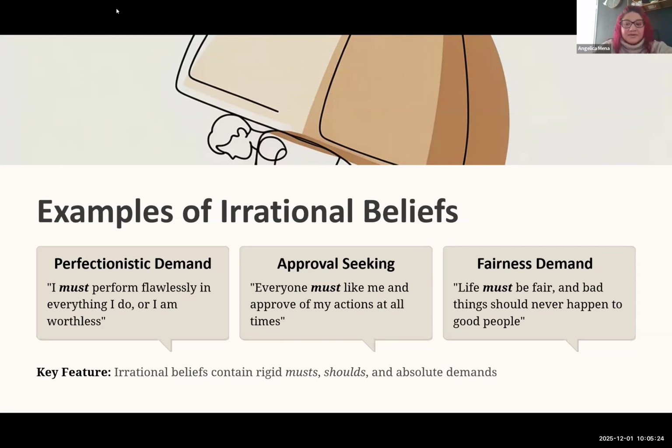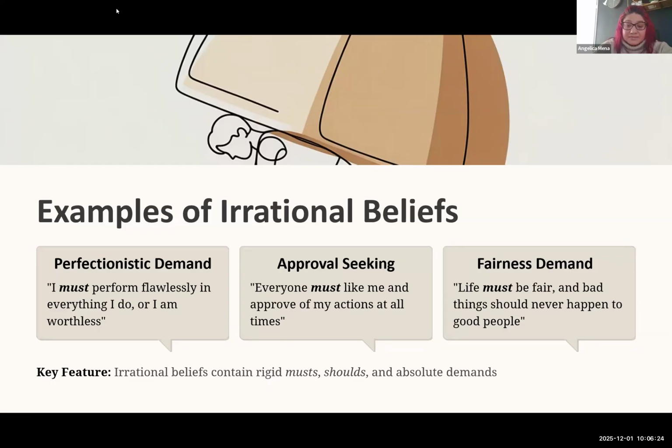Okay, so now let's talk about the next one, which is the fairness demand, which is also very common. So this might sound like someone saying, life is really unfair, and life should be fair. Why do bad things happen to good people, and things like that, right? As much as we would like things to be fair all the time, in reality, they're not always fair. And so if we expect fairness all the time, then that's irrational. We're going to be disappointed sometimes. So a healthier, less rigid belief might be, I wish things were fair, but I know that they're not,